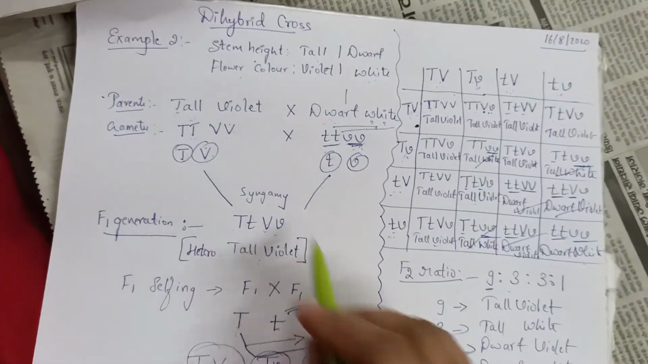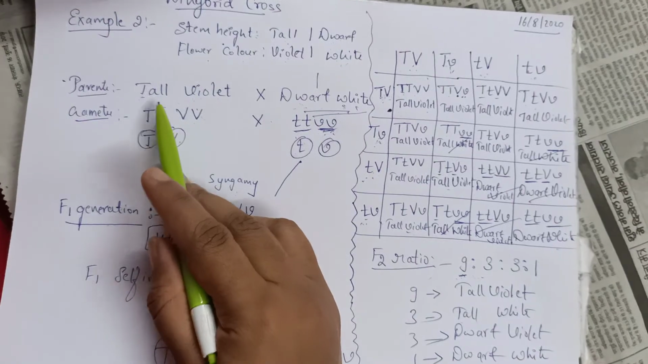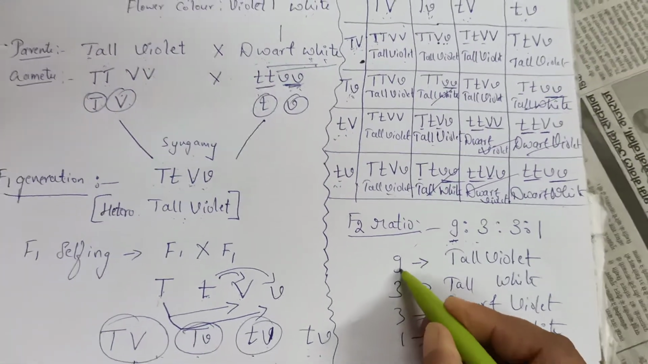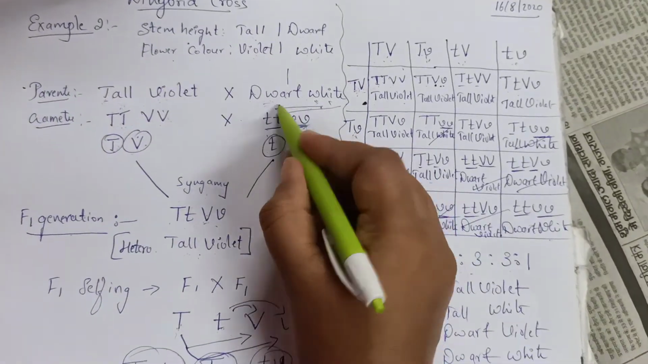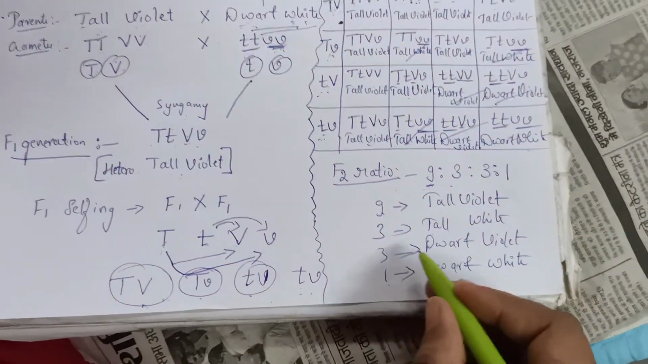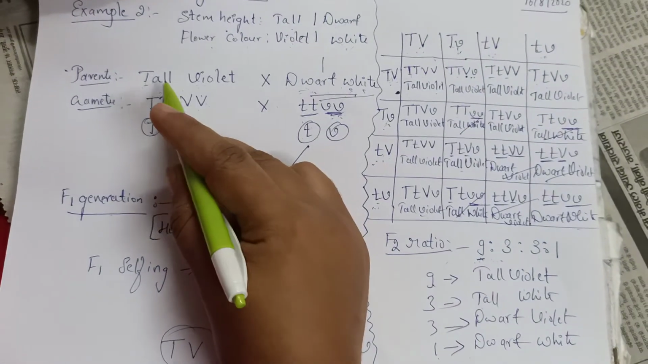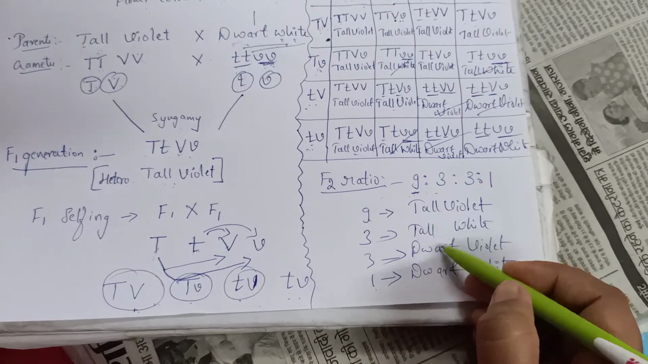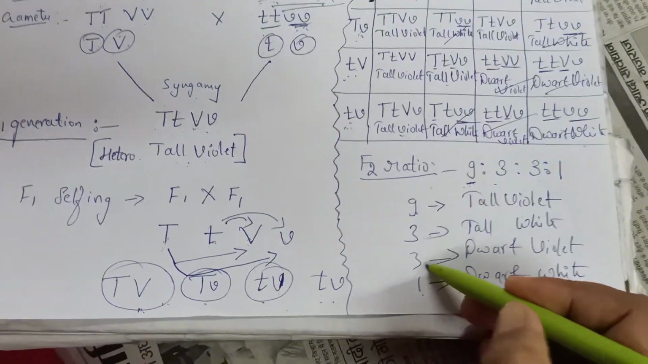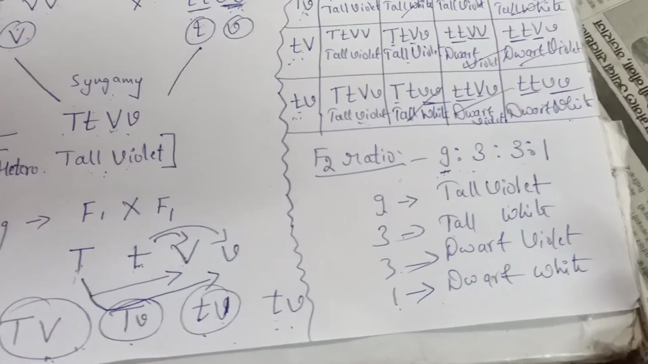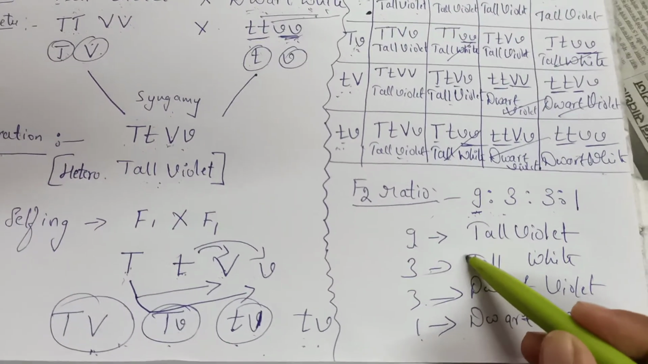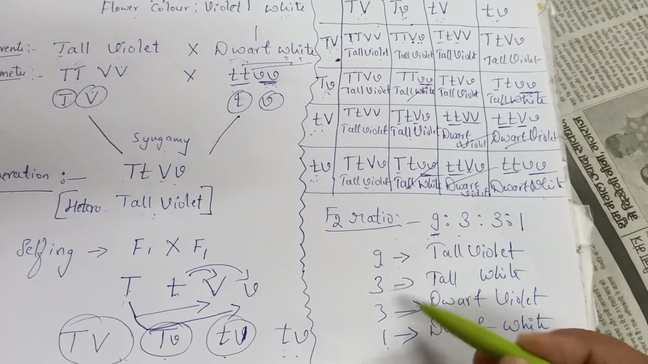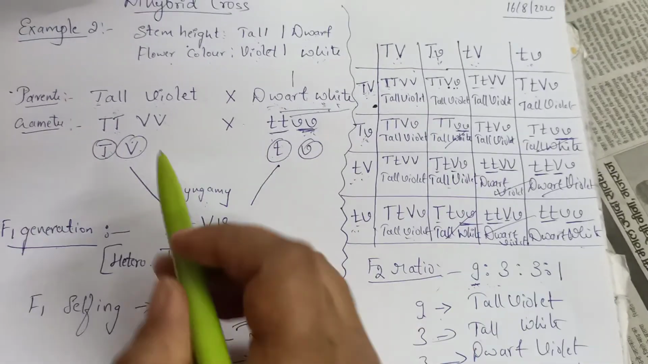Just by seeing the parents, we can write the F2 ratio. See, always the dominant character of the parent, tall violet, comes in the 9 ratio, and the recessive character always comes in the 1 ratio. The remaining, tall white and dwarf violet, that is one dominant, one recessive, a mixture of that comes in the 3:3 ratio. So after your crossing over, if you get the dominant character in the 9 ratio, the recessive character in the 1 ratio, and the rest the mixture, that means tall,